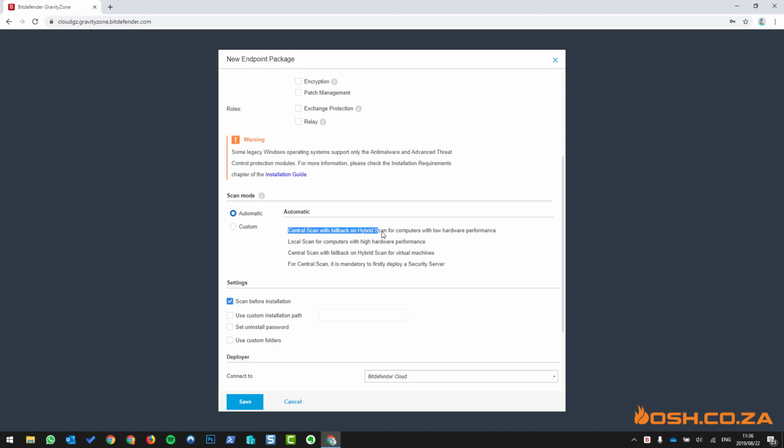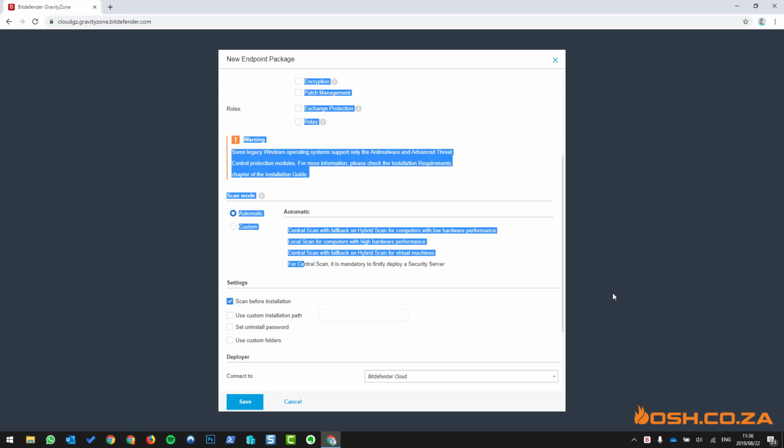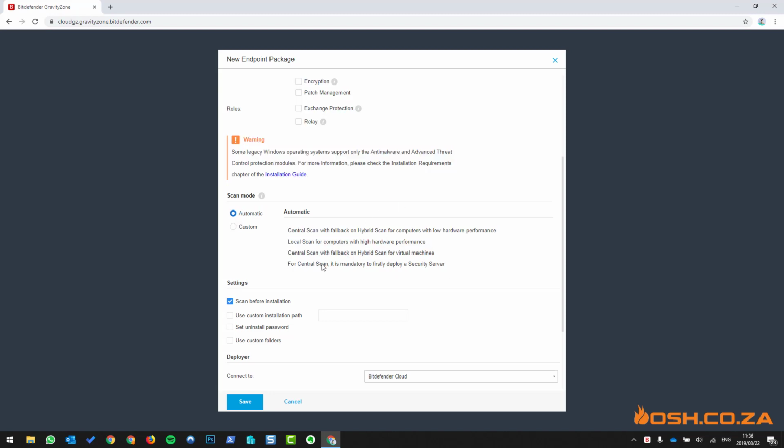So automatic does this. It does the central scan with fallback to hybrid scan for computers with low hardware performance, a local scan for computers with high performance, a central scan, and so on. Okay, very, very easy. The central scan must first deploy a security server, which is the thing I said I was going to ignore, so I'm still ignoring it. Okay,